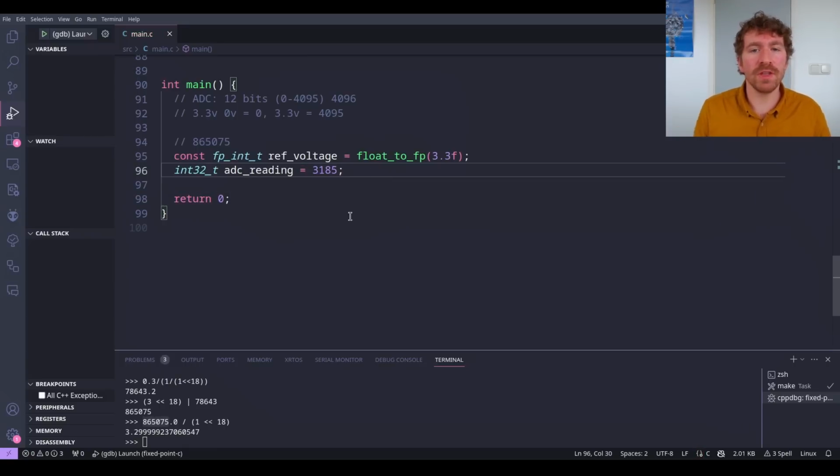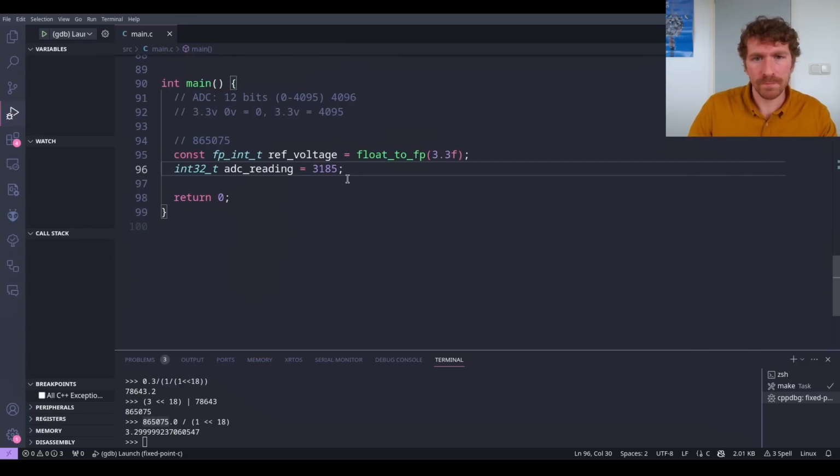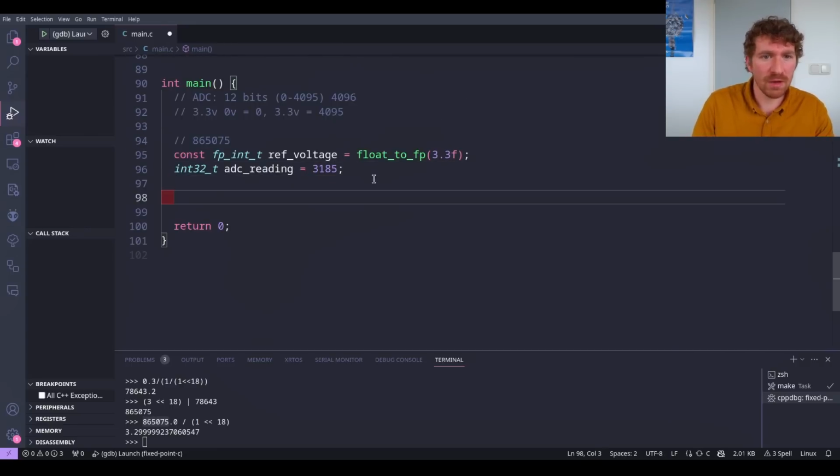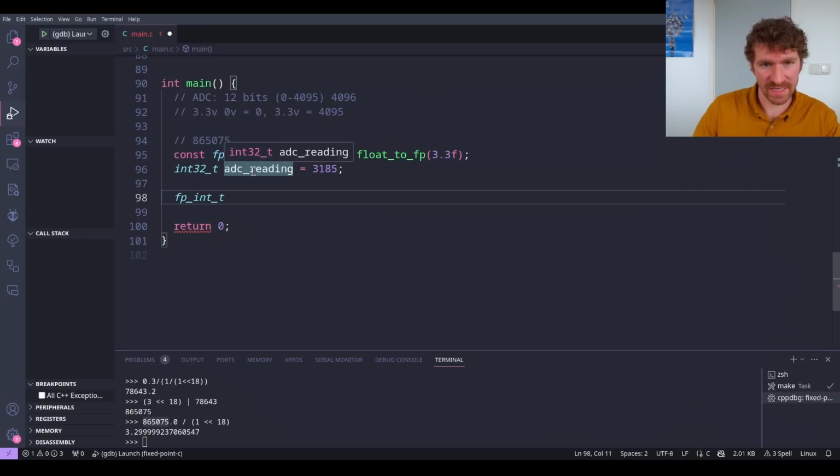And we need to convert this into a fixed point number that represents something between 0 and 3.3, because we want to work on the voltage values, right? These voltages are meaningful in the real world. The digital numbers are not that meaningful, but we need to do this conversion. So what do we do? Well, just the same calculation, right? So we take integer 32, or rather we should do this with our fixed point integers. What we want to do is convert, first of all, this reading